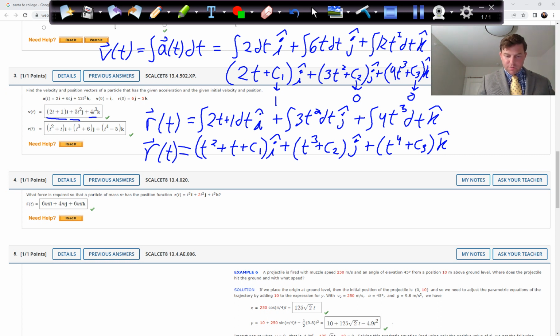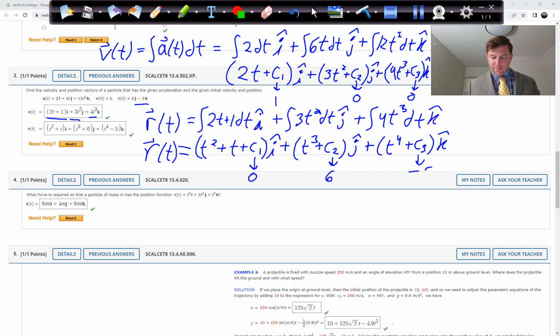that the initial position when time is 0, you get 6j and negative 5k, which means c1 has to be 0, because all these i terms are going to go away when t is 0, because there's no i term here. And t cubed will go to 0 because we're letting t be 0, but there should be 6j, therefore this has to be 6. And then by that same logic, this t to the 4th goes away, and I want minus 5 in front of k,